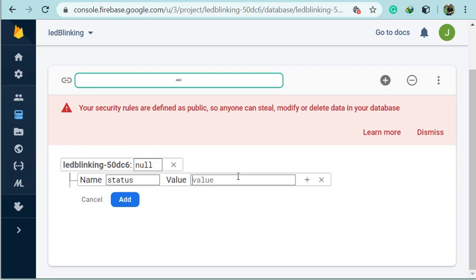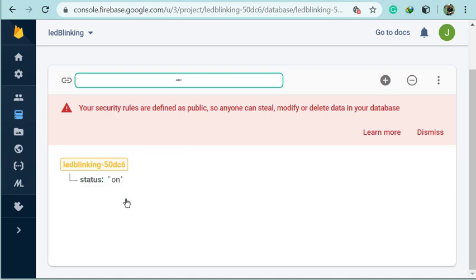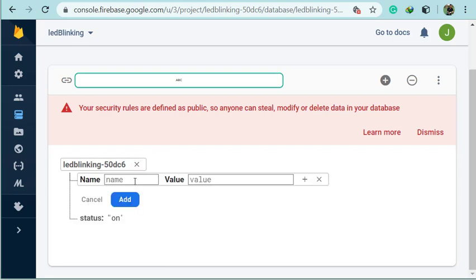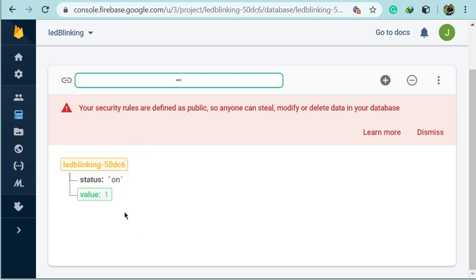Status will be a string value, that is on or off, and I will change it through our app when I press the button. The other one is value. This value is controlled by the ESP8266, and it is a binary digit, 1 or 0. For 1 the LED will go on, and for 0 it will go off.